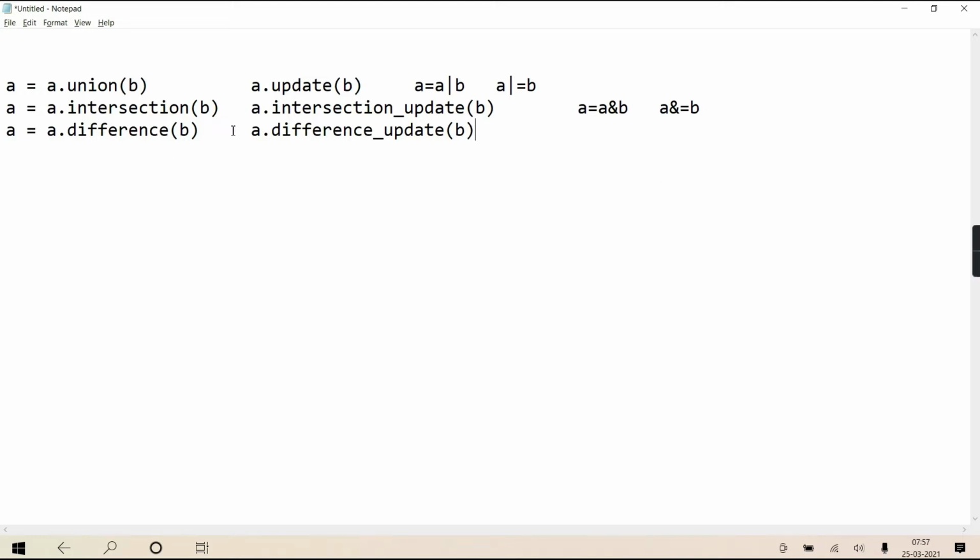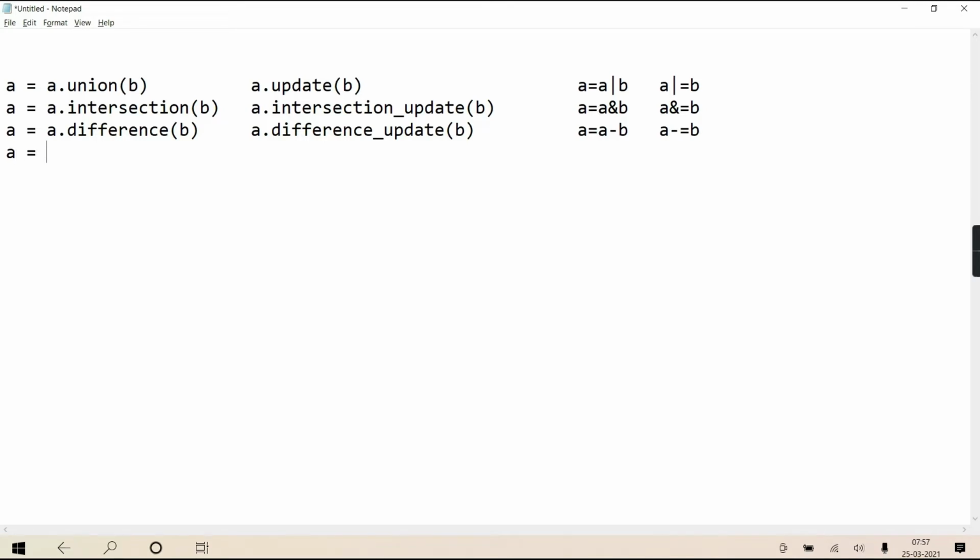Now you don't have to collect the result and store it in A again. It will do the change in A only. Difference of A and B is taken, A minus B, but the result is kept in A only, which is the same as A = A - B, or A -= B.